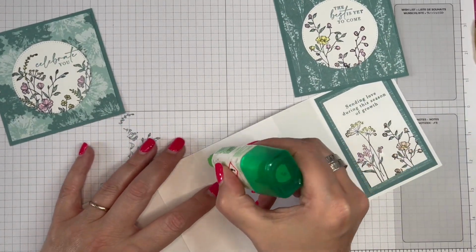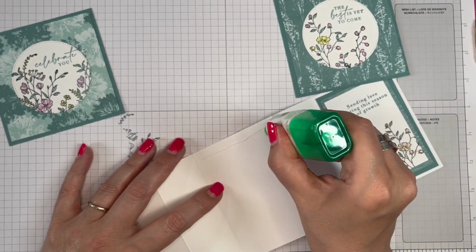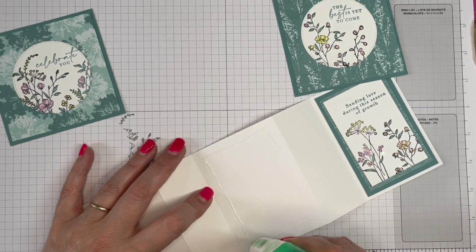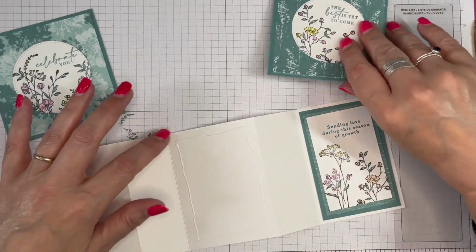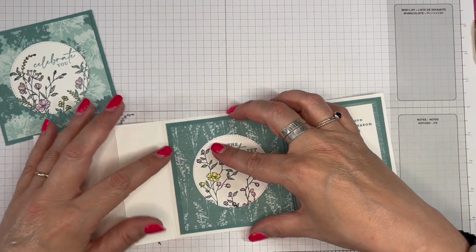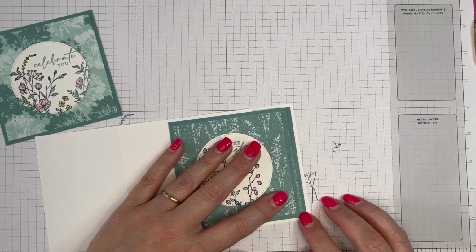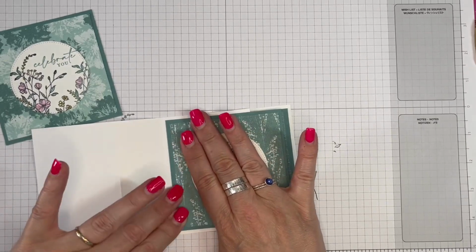So I normally would add glue to the back of the thing that I'm sticking on, but this time I'm adding it where I'm going to stick it to. So you can go right up to that line, but don't go too close top, bottom, or to the left, because you want to leave yourself a nice little margin there. And the other thing I want to check is that I've got it in line with the one I've put on already. Okay, so pressing that down,